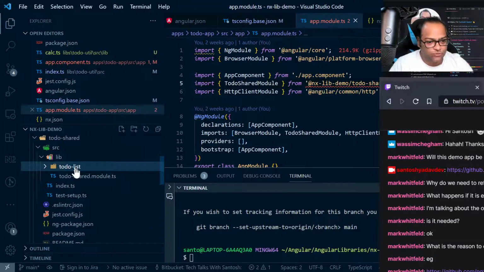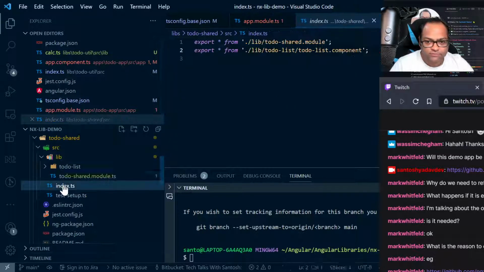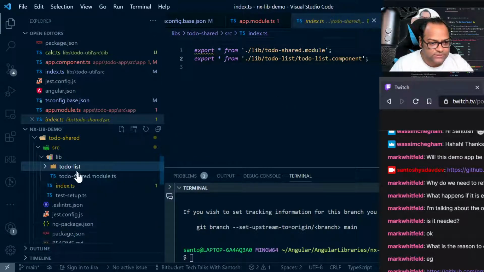I can just move this todo-list outside, same as we did for the Angular library. So I can just say, okay, this is